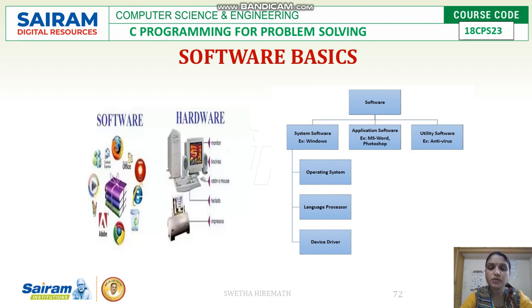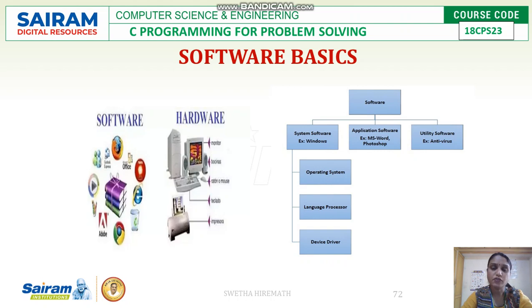The computer system, on the whole, can be divided into two parts. One is the hardware part, the other one is the software part. Till now we have seen the different hardware devices we have, how we can use them, and how we will get the output from those devices. But hardware alone is not what is required for providing us the required output. The main thing is software.